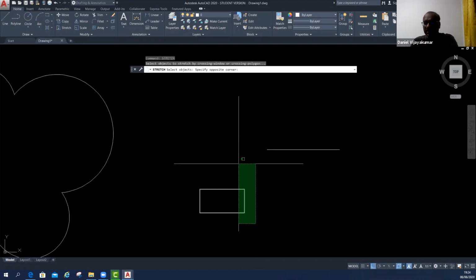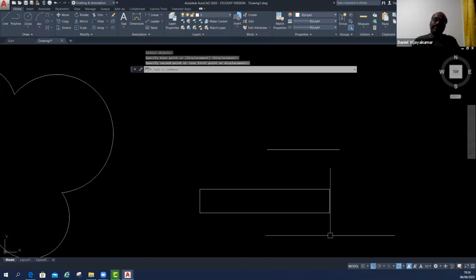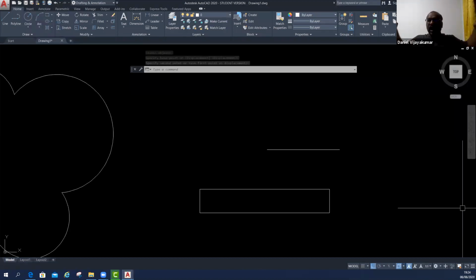I select, enter, then the computer asks to choose the base point. I choose the base point, then I will stretch. Now my rectangle has become a long rectangle. That means I'm using one face of the object to stretch it into a bigger size.